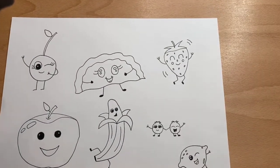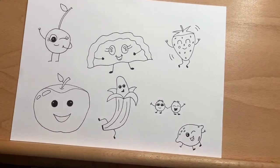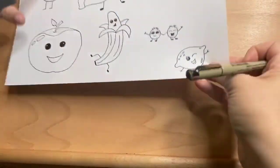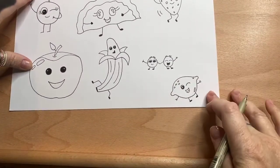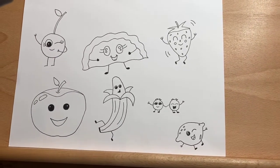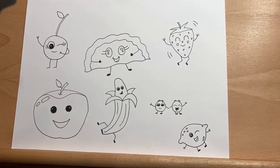Any others? Anybody else? Any other little requests? Something you'd like? You could also draw the lime. It'd be cute to draw him more up and down instead of side to side. You could put a little hat on his head or something. There's all my fruits though for tonight. I just have to color. But if you have,